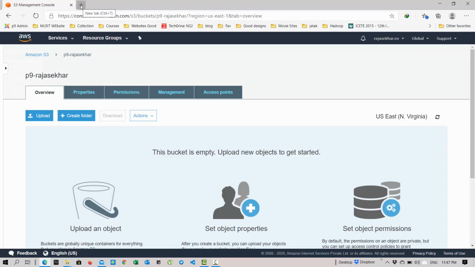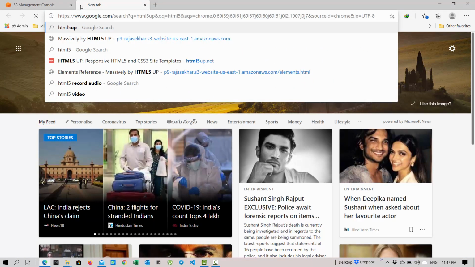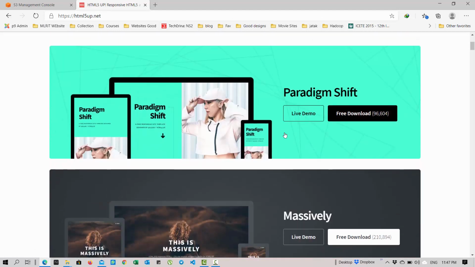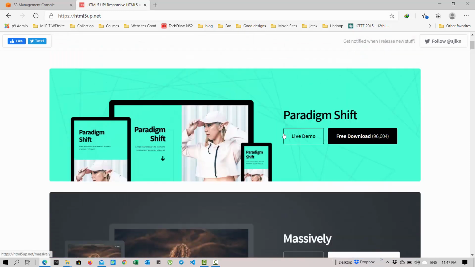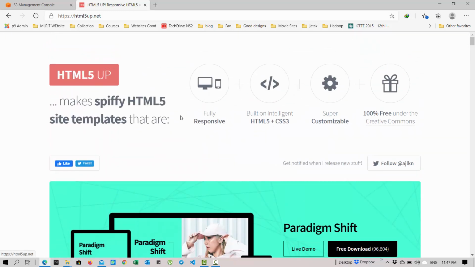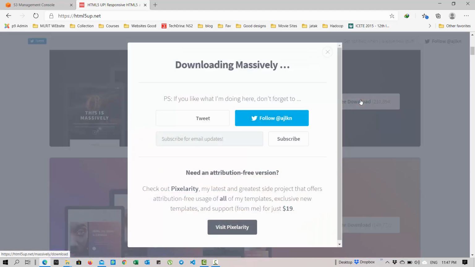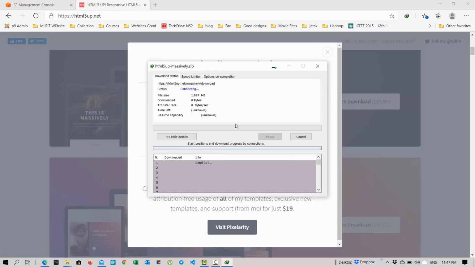So I would like to go to open one free website called HTML5 Up. Click on HTML5 Up. Right, you can see various websites that are offering for the free of cost. These are all free sites offered from HTML5up.net website. So we just wanted to take some sample website here. I'd like to go for Massively. Right, with a single click you will be able to download. I already downloaded it. Again, I would like to download that.